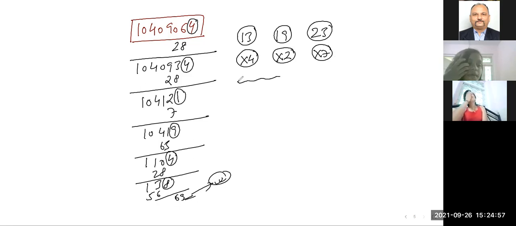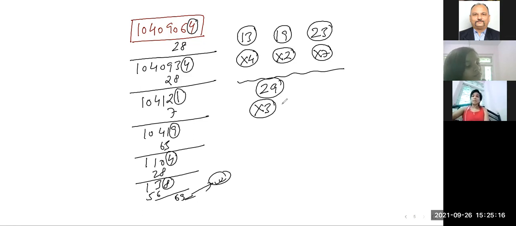Now I'm not explaining in detail because both of you understood very well that if I check the divisibility by 29, then the process again remains the same. Well, the multiplication will be with 3. Clear? So just write it on this one. So we have completed 23 as well as 29 also.